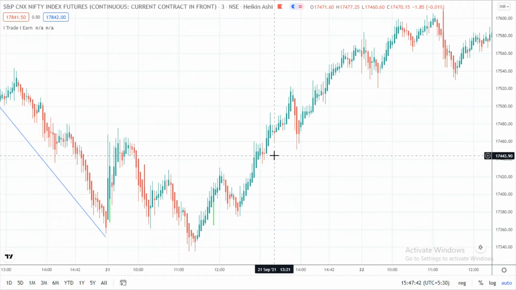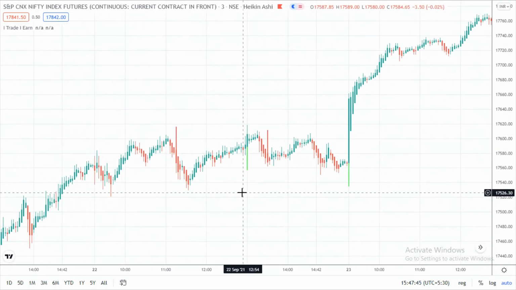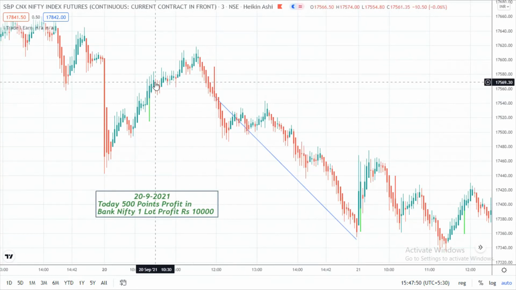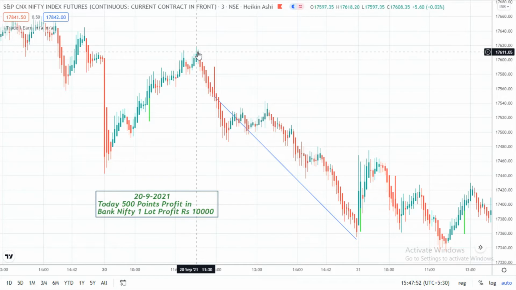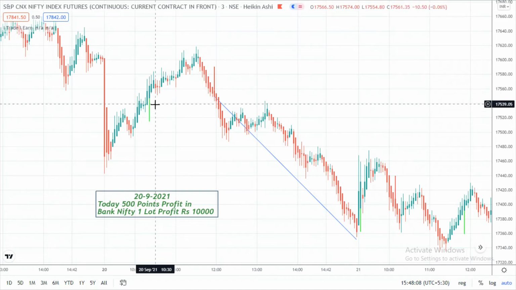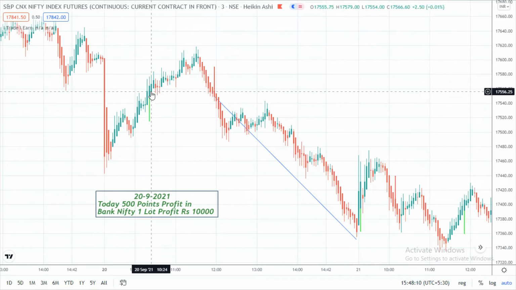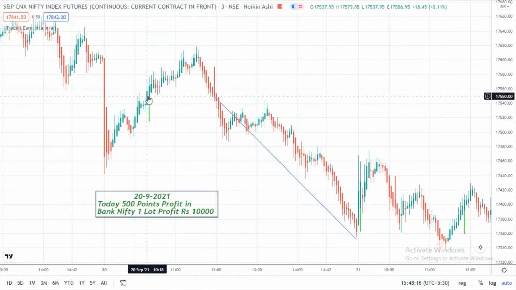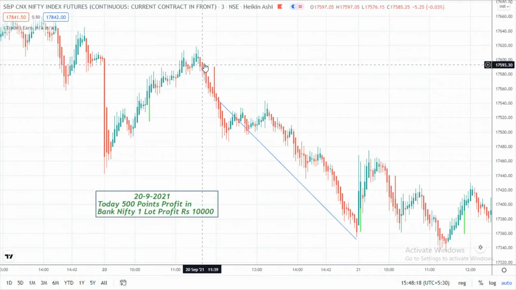Similarly, one more thing you can do, let's say you have bought it here and it went up here. You can book small profits, provided you have taken 2 lots: book a small profit here on 30-40 points, and once you have done that, the second lot you can move to your buying price. Or you can buy one lot, and when you see that it is reversing back, you can exit your position here, and on the second lot you can place the stop loss.